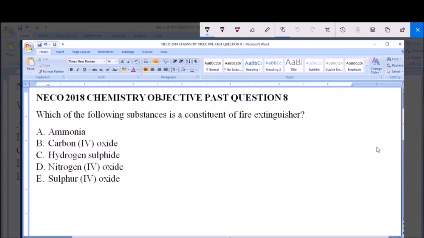Hello and welcome. I will be answering NECO 2018 Chemistry Objective Past Question 8. Which of the following substances is a constituent of fire extinguisher? A. Ammonia, B. Carbon dioxide, C. Hydrogen sulfide, D. Nitrogen peroxide, E. Sulfur 4 oxide. So fire extinguishers are, of course, specially designed